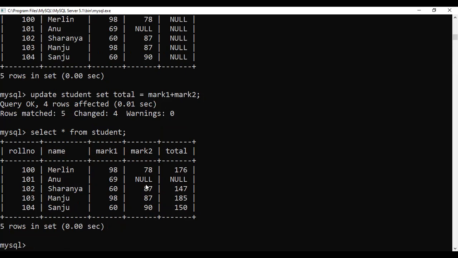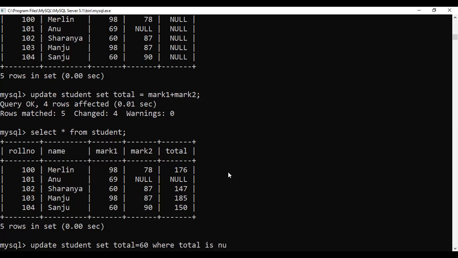Now if I just want to update it, what will I do? You can also give a condition. Update student set total equal to 60, where condition you can give, where total, or mark 2, any condition you can give.